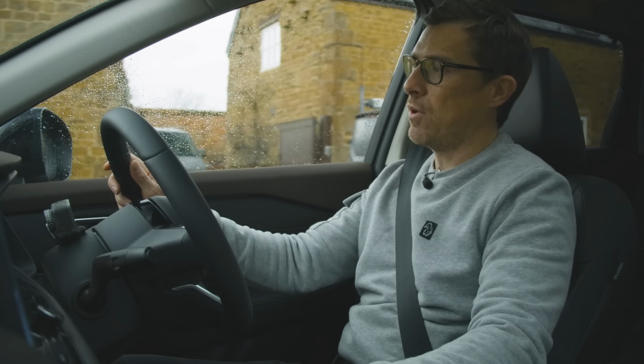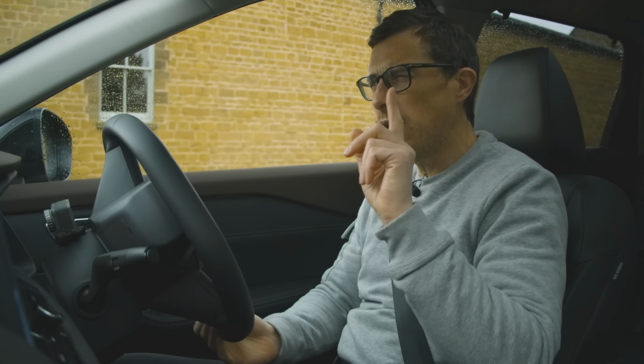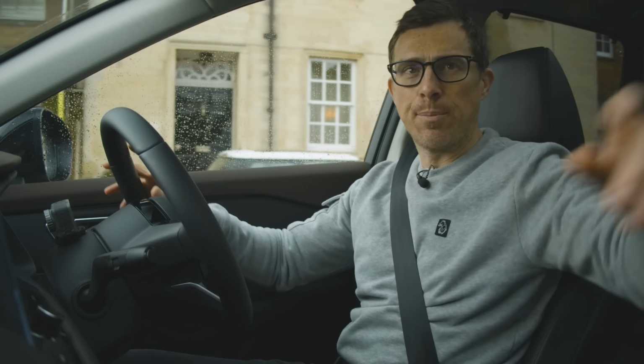What I'm going to do is put it into EV mode so I don't hear any engine noise. So you can hear it a little bit just chugging away there, charging the battery. Shut up! Wait a minute, why? Yeah, there we go, it's gone off now. And now I can just coast around in electric tranquility, apart from the building noise that is just ricocheting around